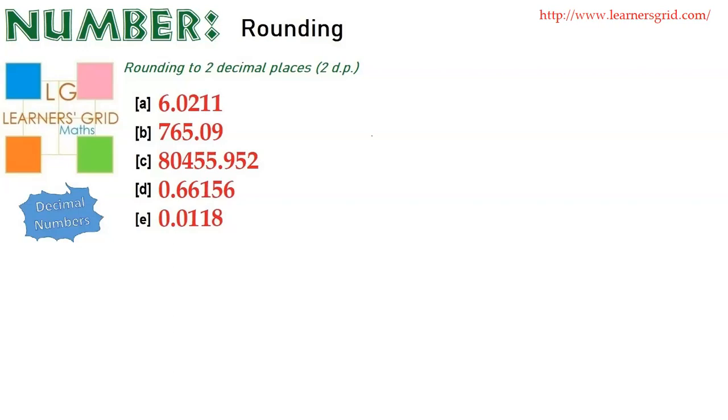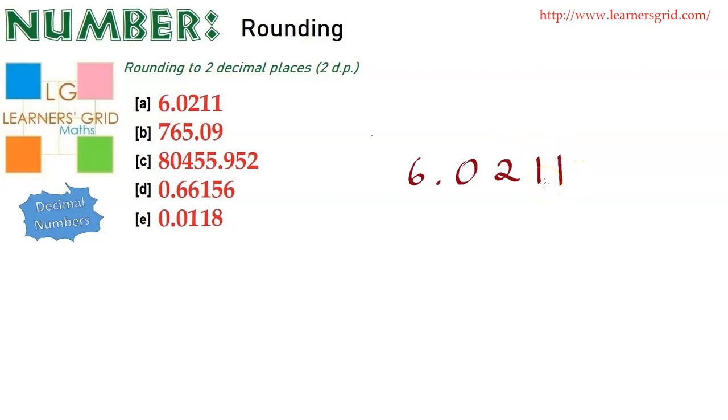When we are rounding to 2 decimal places, it's pretty straightforward, but you do need to know a couple of pieces of information that will help you with your rounding. Once you know those, the process is largely straightforward. Okay, so let's start with question A, and I'll show you what I mean when we get to it. So first of all, the question is